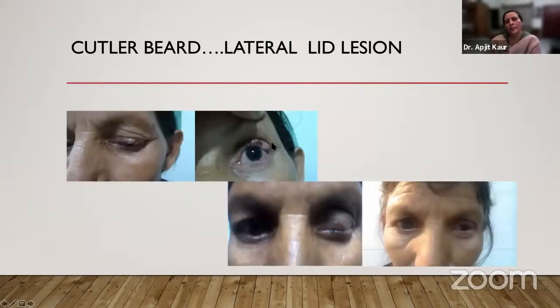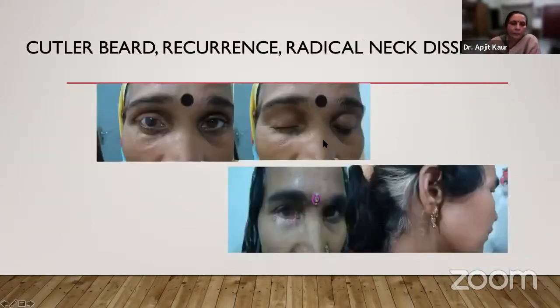Another lesion where there is a huge lateral lid lesion with the extension. We virtually came up to the canthus on the lateral side and the medial one-third on the inner side. Now, this is a lady who had Cutler-Beard procedure for her upper eyelid lesion primarily. And then she developed a new lesion in her lower lid, along with lymph nodes. So sometimes you need to treat their recurrence, and then you need the help of a surgical oncologist. She underwent radical neck dissection.